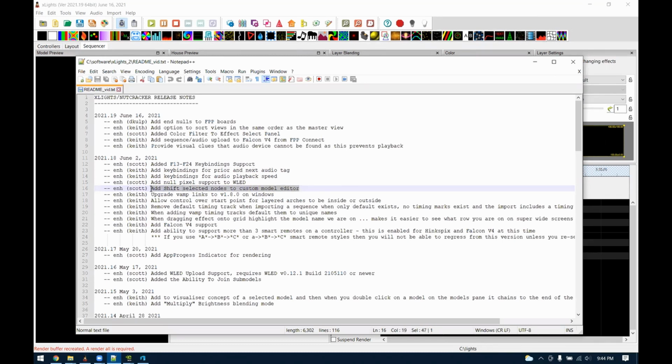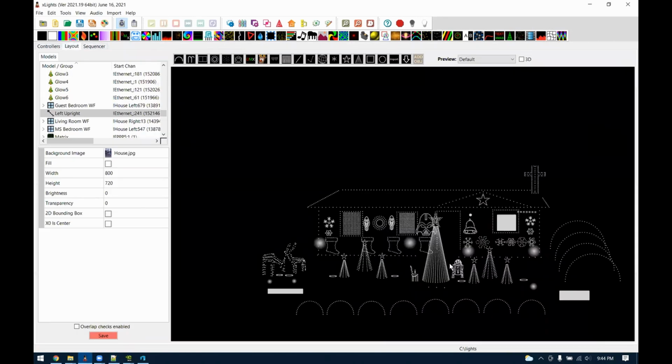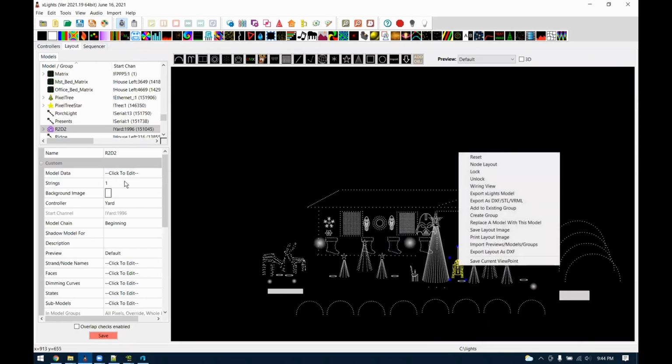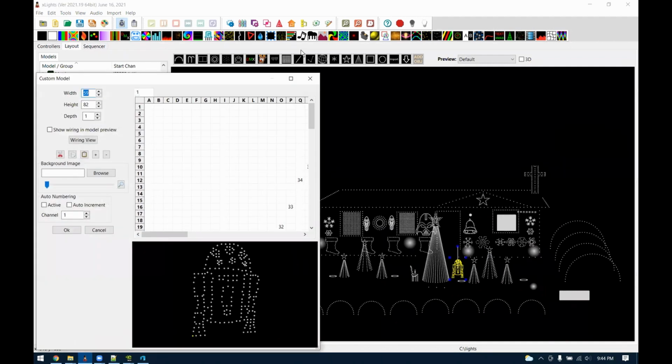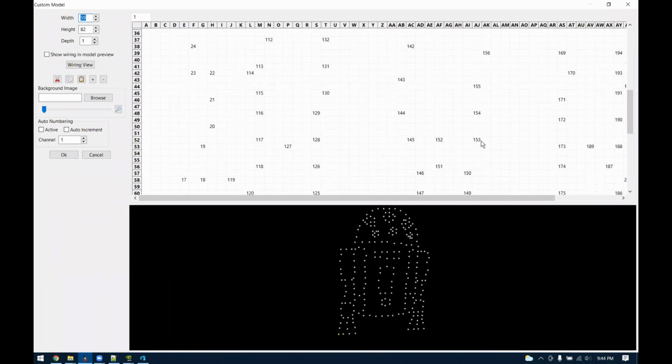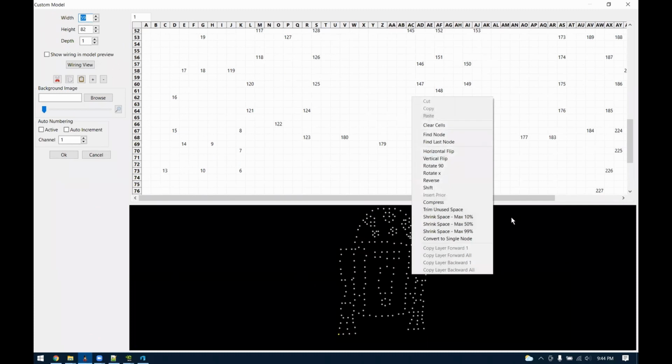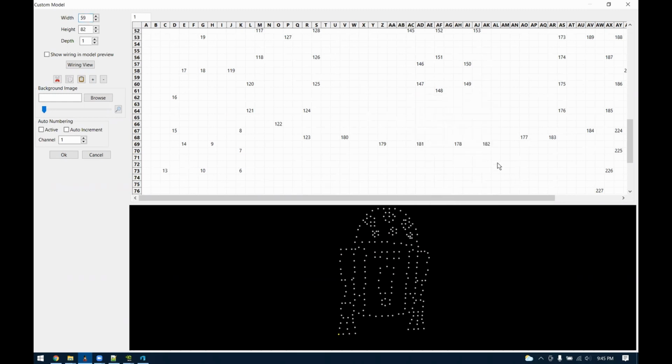I added shift selected nodes to the custom model editor. Sometimes people will have models where they forget a node, and there's always been a right click option that lets you shift, but this would shift all of them. So what I added,